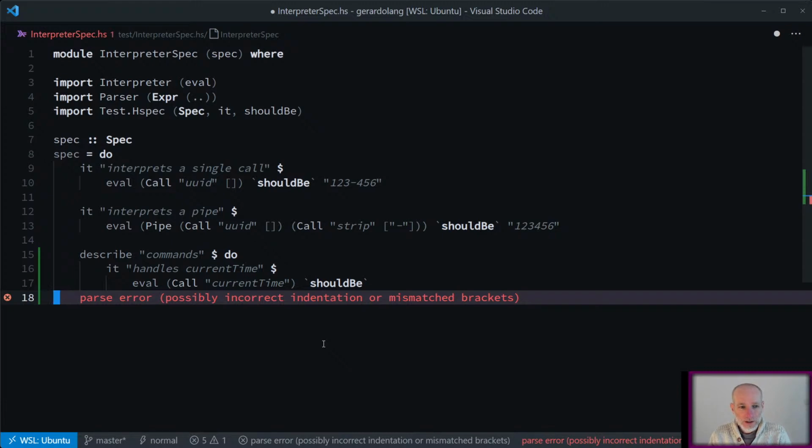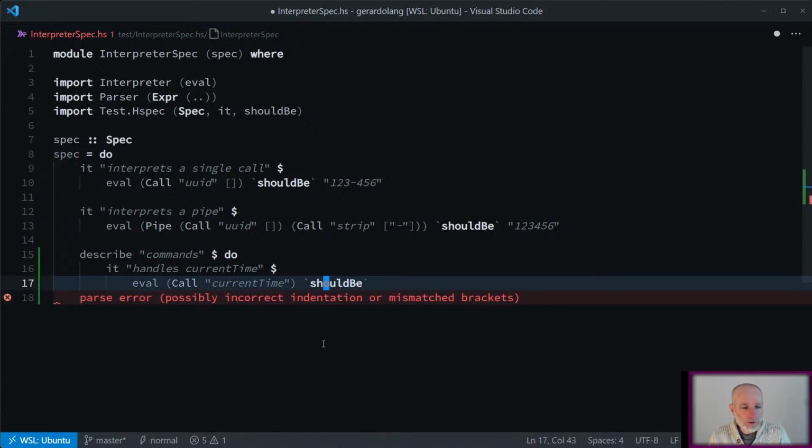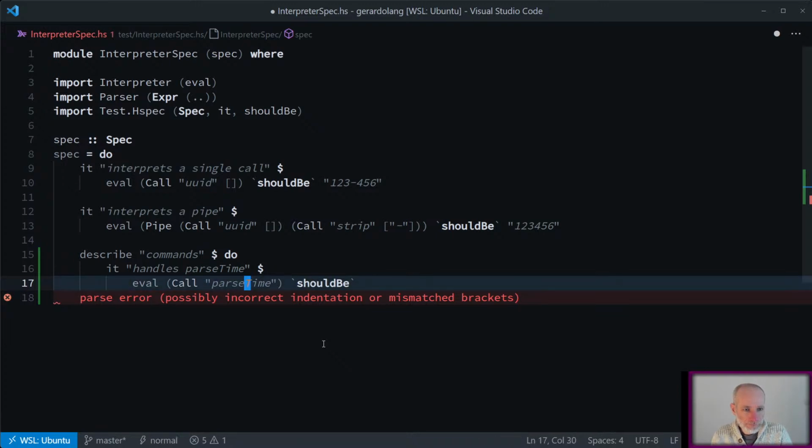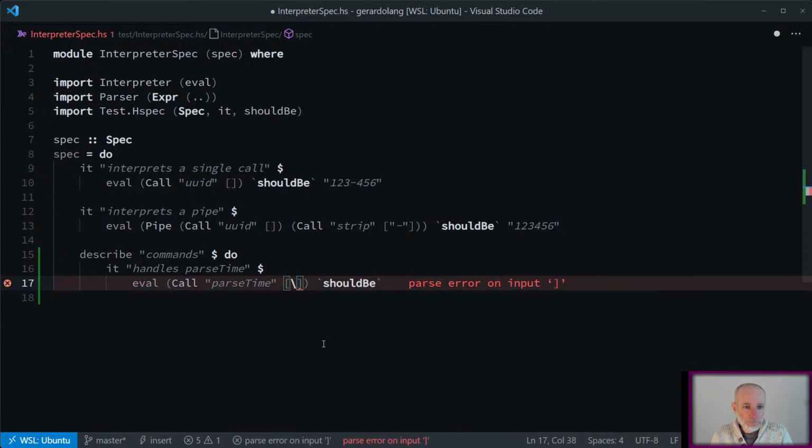Hey Thomas, let's not write a function called current time. Let's write something easier than that. So I'm going to, instead of having current time, let's say parse time. So parse time, and I'm going to give it a simple argument which can be something like 2023 dash, what's the date today? 04-06